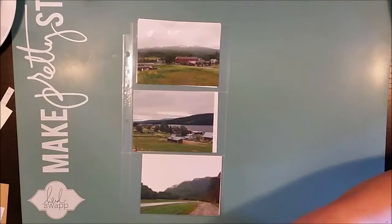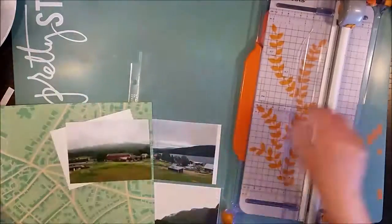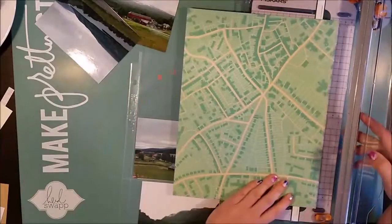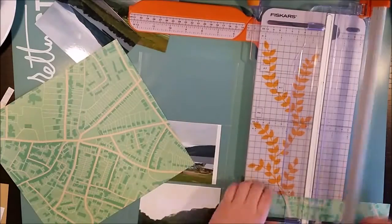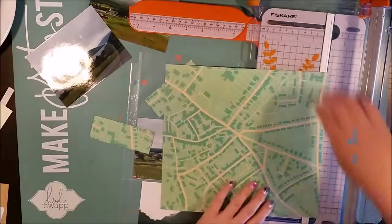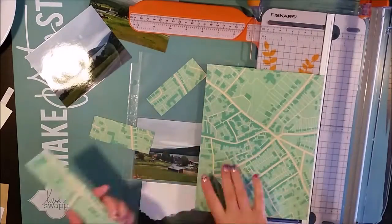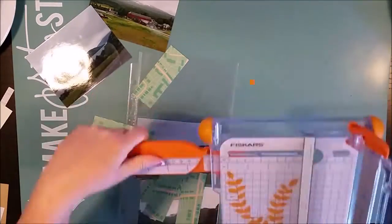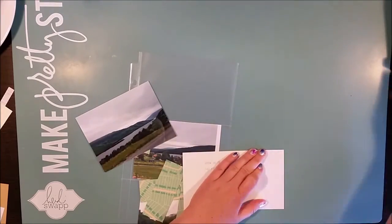And it had a lot of embellishments that I'm not interested in, but the papers were just lovely, and there were lots of papers that you can cut apart and use as embellishments. Now I have taken out those 6 photos that I wanted to place in my pocketed insert, and I'm using the same paper as I had for the borders on my left 12 by 12 page, and I will use that as that little piece that I need to make these cards